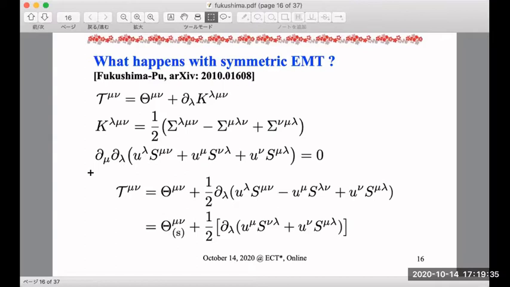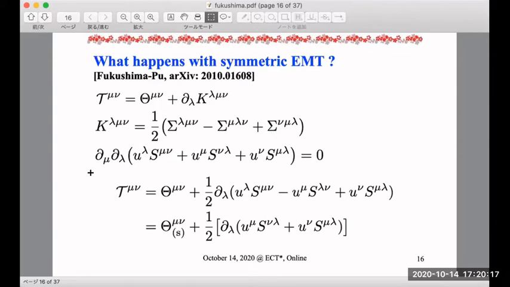No, I mean that the thermodynamic fields are not the conserved currents. Conserved currents such as T mu nu and S mu nu, or K lambda mu nu, must be expressed in terms of thermodynamic fields in order to solve the hydrodynamic equations. So how many thermodynamic fields do we have? K lambda mu nu identically vanishes if you take the divergence, so it is not a dynamical equation. It is just an identity. You do not need to use the equation of motion at all to derive it.